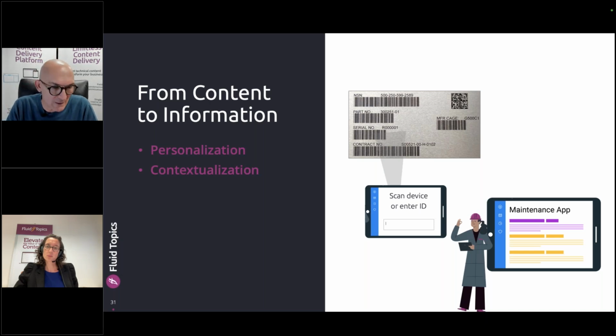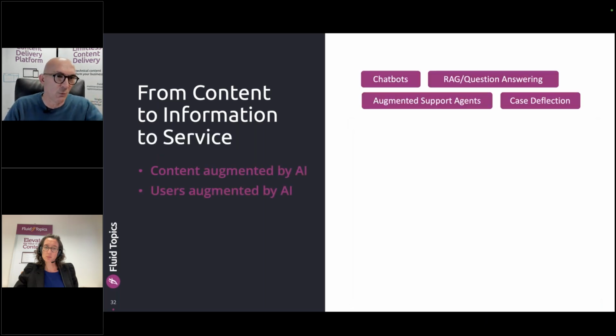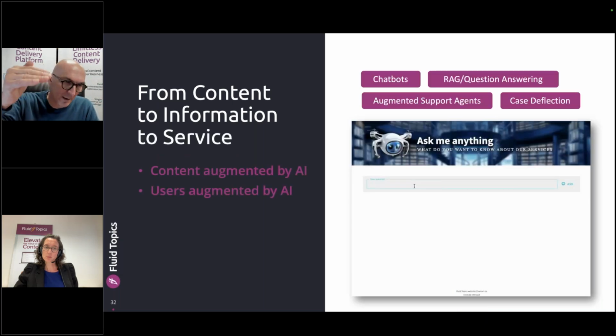So that's why you need to expect from your CDP not just ingesting content and creating nice pages, but making sure that the experience people get when accessing and reading your content applies to the profile and the situation. That's very important. And another one is moving from content to information, being more specific. And then the next step is moving from information to service, where there's one slide on AI. It's not that much. I know it's very trendy.